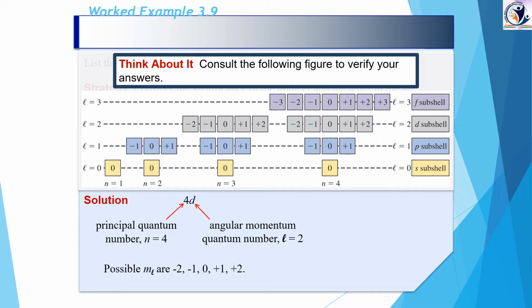Let us see. n equals 1 is having only one s. See here, observe here, children. This is the first shell, this is the second shell, this is the third shell and this is our fourth shell here. It is having only one subshell here, two subshells here, three subshells here and four subshells here. In these four subshells, where is D? Here it is D. So these are the values. In this way also we can verify.